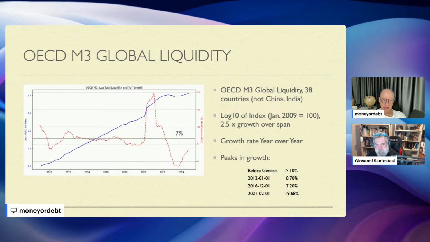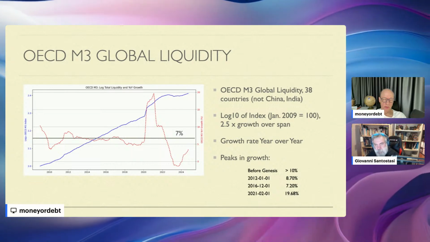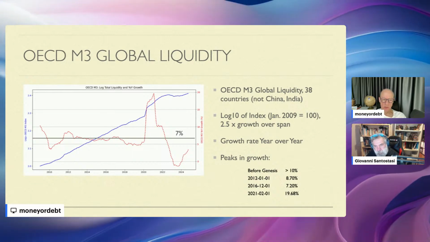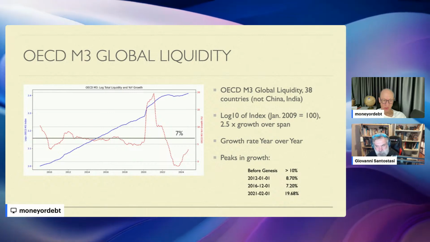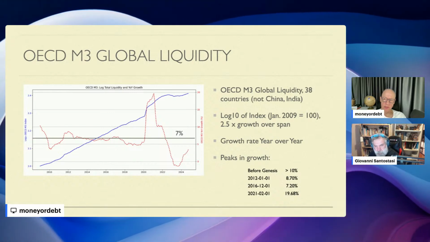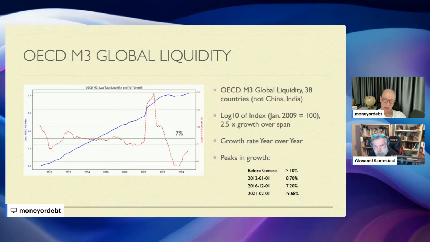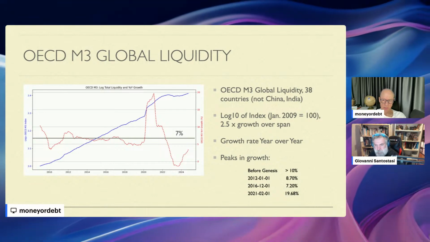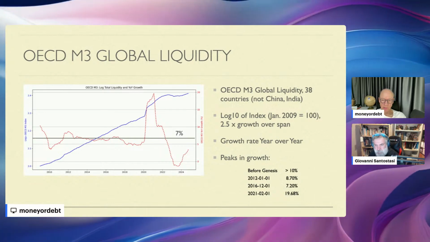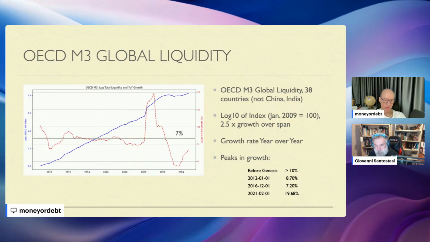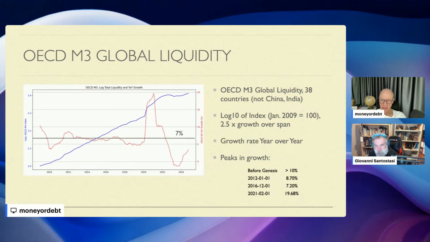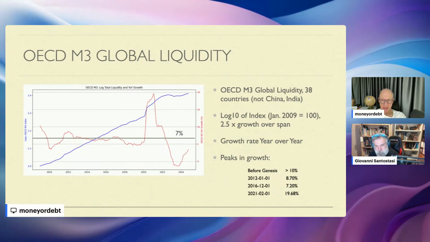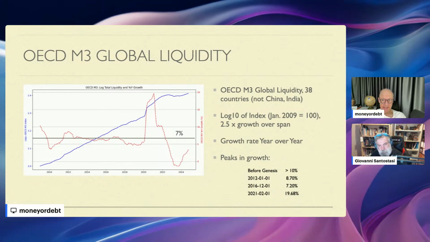But you can identify 3 or 4 peaks in growth, and we'll see that those correlate with the Bitcoin bubbles, and they lead by around a year. We'll see the details. So first, there was one before the Genesis where it was over 10%. And on the left-hand side, we're just seeing the decline in the red dash line as it drops below 10%. And the bubble came in 2011, and that was the sort of first bubble that was out of cycle. Then the next bump up is January 2012, and the peak growth rate for OECD